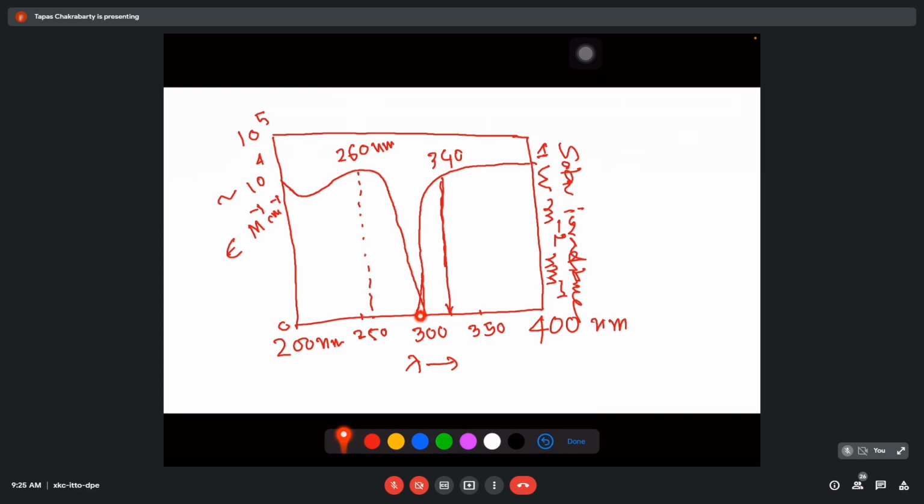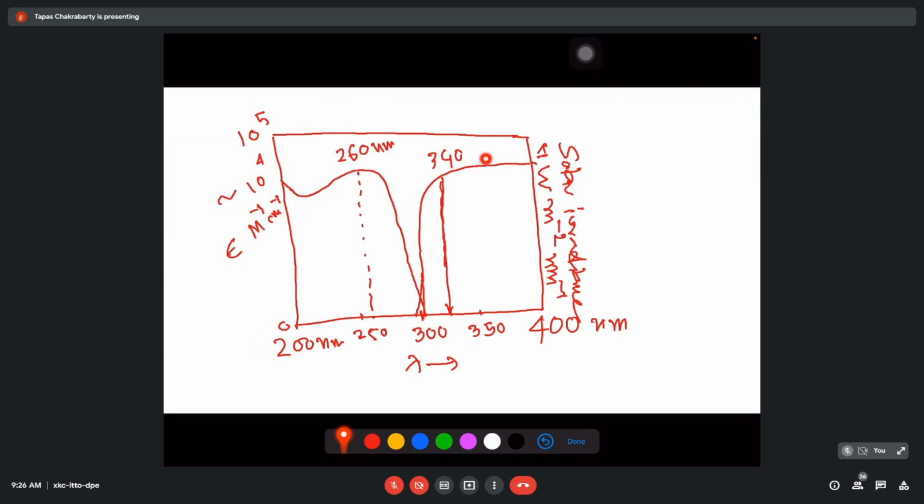And in the present day, because of the presence of your ozone layer, the solar radiation below 300 nanometer is extremely small. Okay, so in the present environmental condition, the probability that your nucleobase molecule will absorb the solar radiation is very small, because their absorption maximum is different compared to where the solar radiation is available.